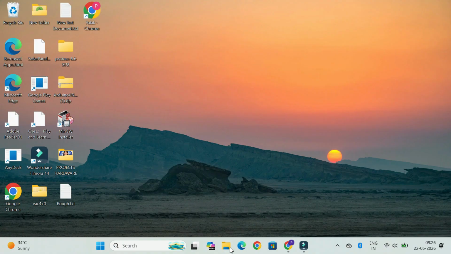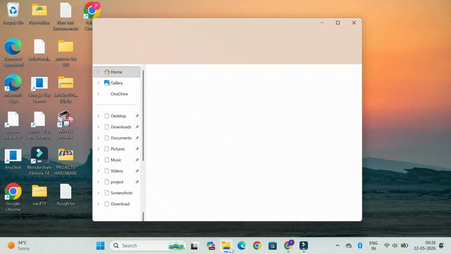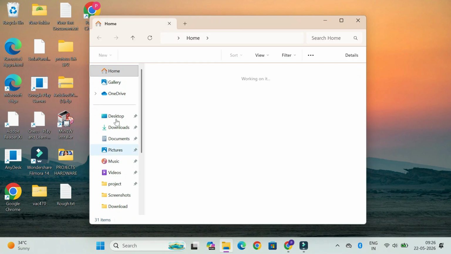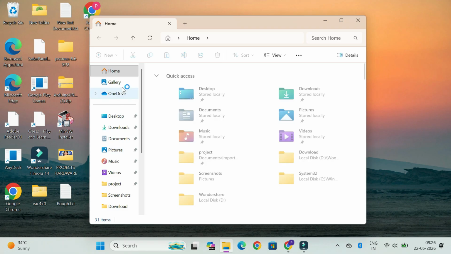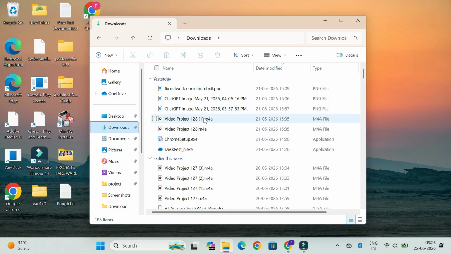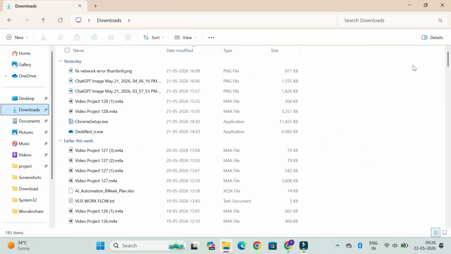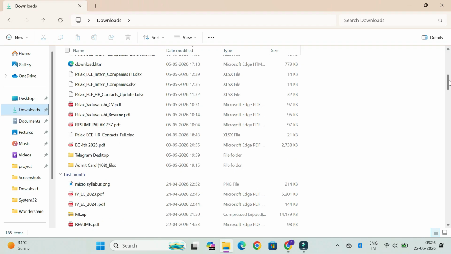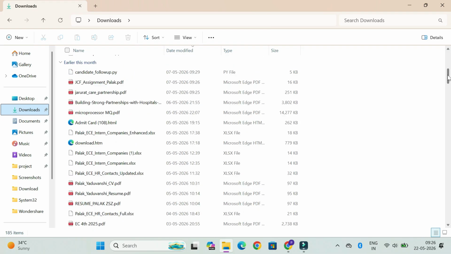Now let's check whether it is working or not. Open File Explorer. You can do this by clicking on the folder icon or pressing Windows plus E. Now open any folder, for example, the Downloads folder. Here, you will now be able to see the full file names along with their extensions, like .jpg, .mp4, .pdf, or .exe. This makes it much easier to identify file types and also helps you avoid opening unknown or unsafe